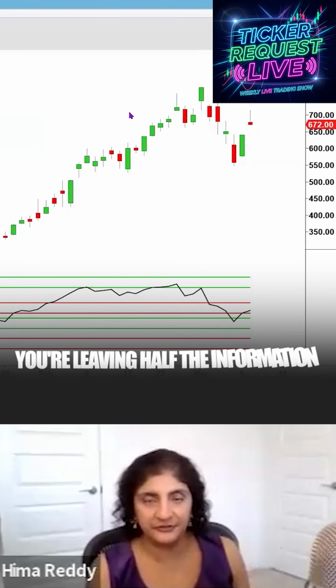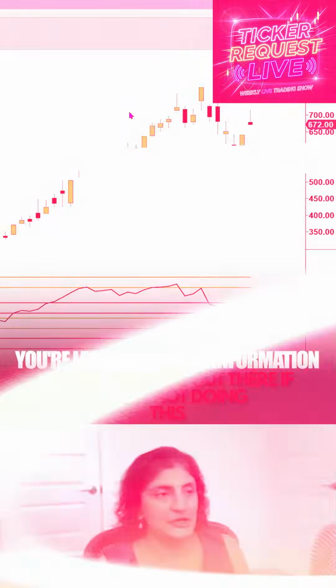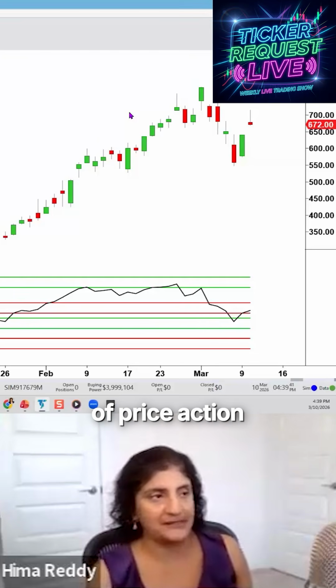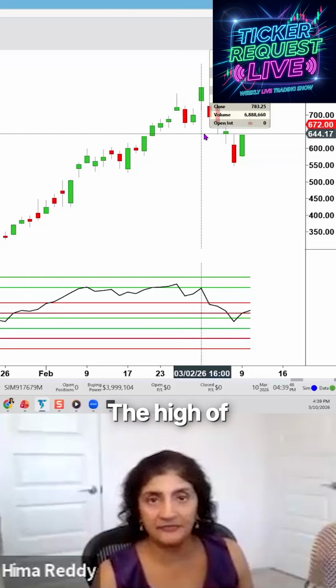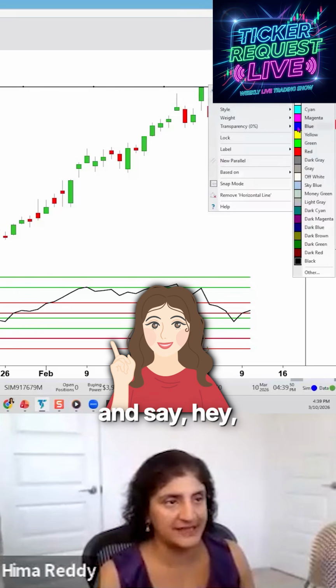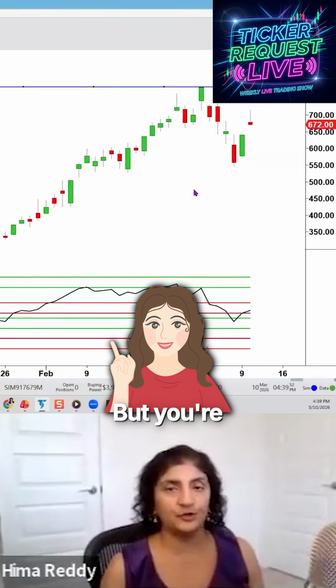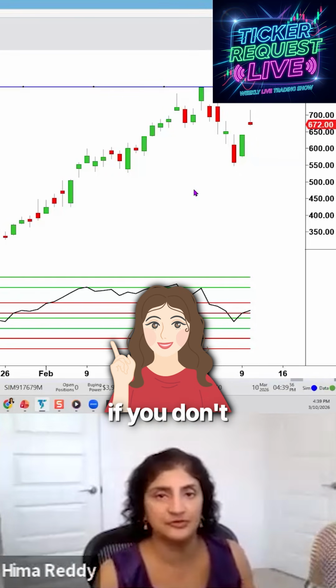You're leaving half the information on your charts out there if you're not doing this. So when you're looking at any sort of price action, in this case, it's a decline from a high. The high of that bar, most people, newer traders, seasoned traders would look at it and say, hey, that's important resistance. But you're leaving a lot of information that could be useful out on the table if you don't capture